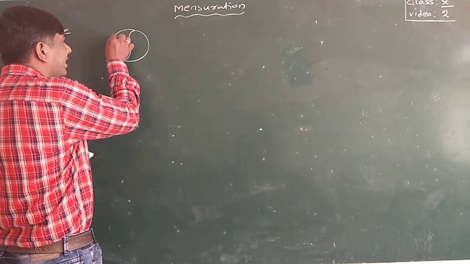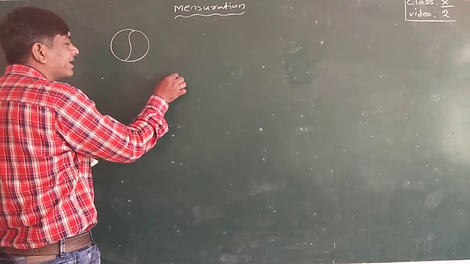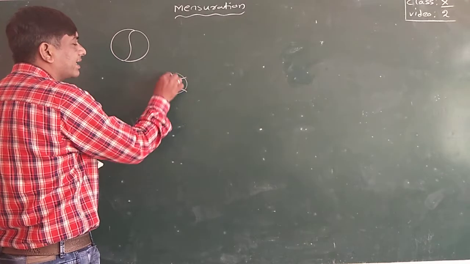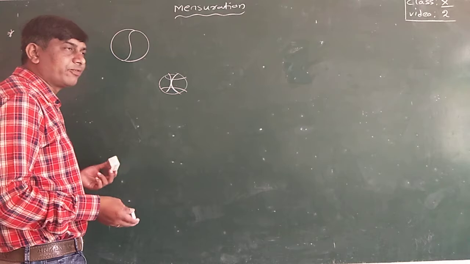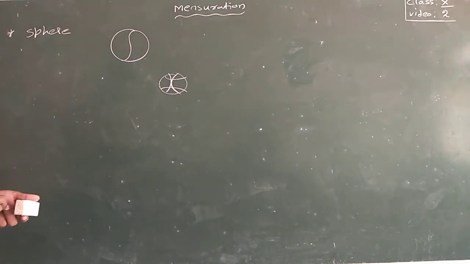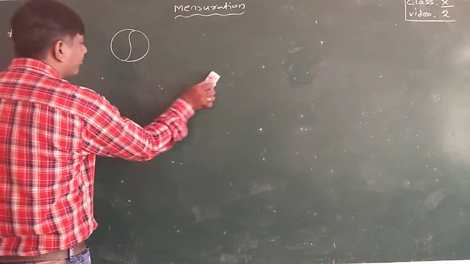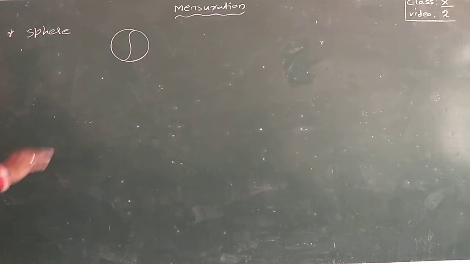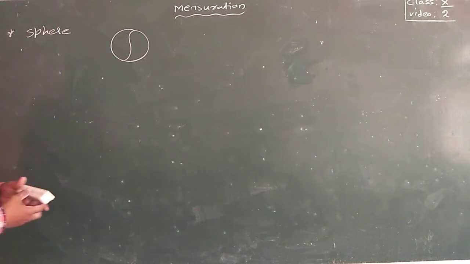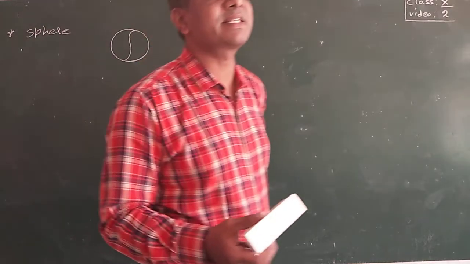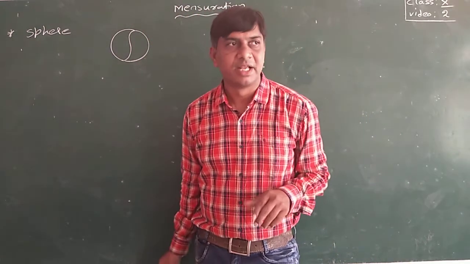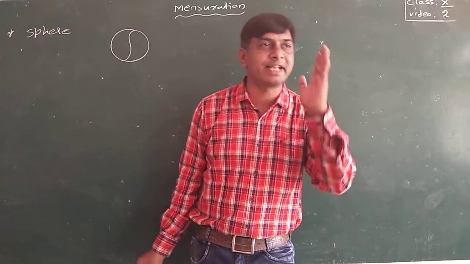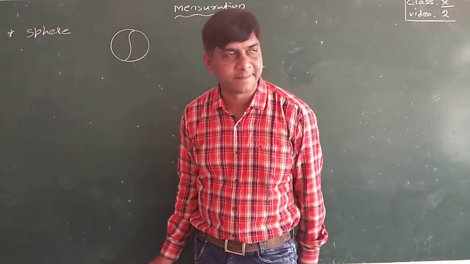If you divide a sphere into 4 partitions, you will get circles. 4 circles you get. Each circle area is pi r square. So 4 circles, now 4 pi r square. That is nothing but 4 pi r square. That is only surface area. That is only TSA. That is only curved surface area. In examination, they may ask find the surface area. They don't mention TSA or CSA. When they ask surface area, it means TSA only we have to find out.